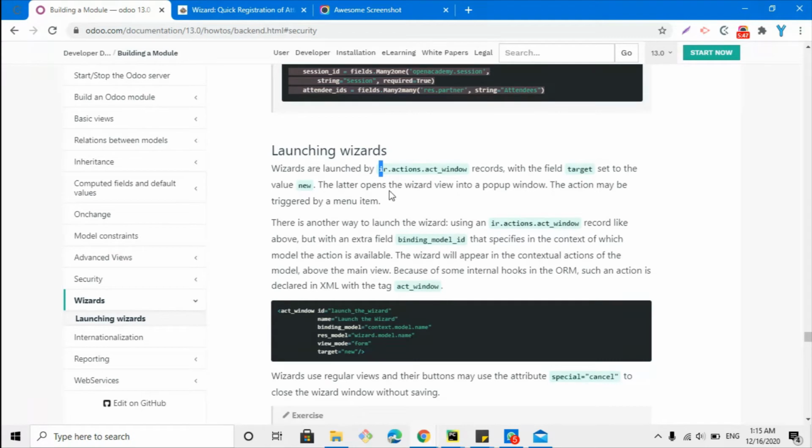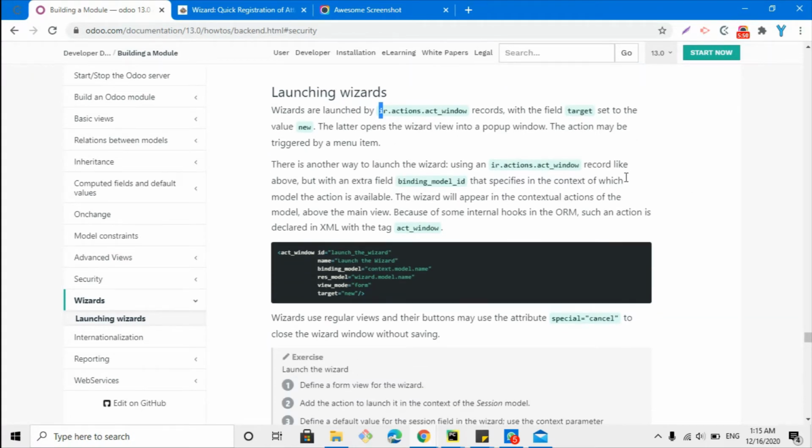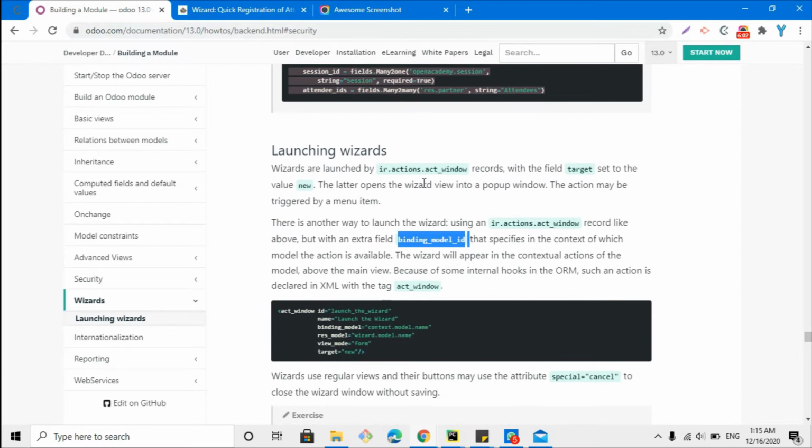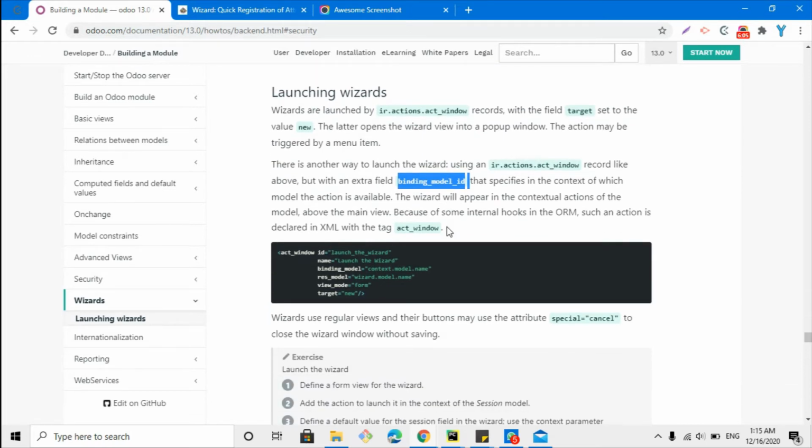There are many ways. It depends on the requirements. There is another way to launch the wizard using the ir.actions.act_window record like above, but with the extra field binding_model. So whenever you want to open up the wizards through the action menu, then you will have to add this binding_model field. This binding_model_id will refer to the model in which you want to show this wizard, this action. For example, in our case, we want to show this wizard in the